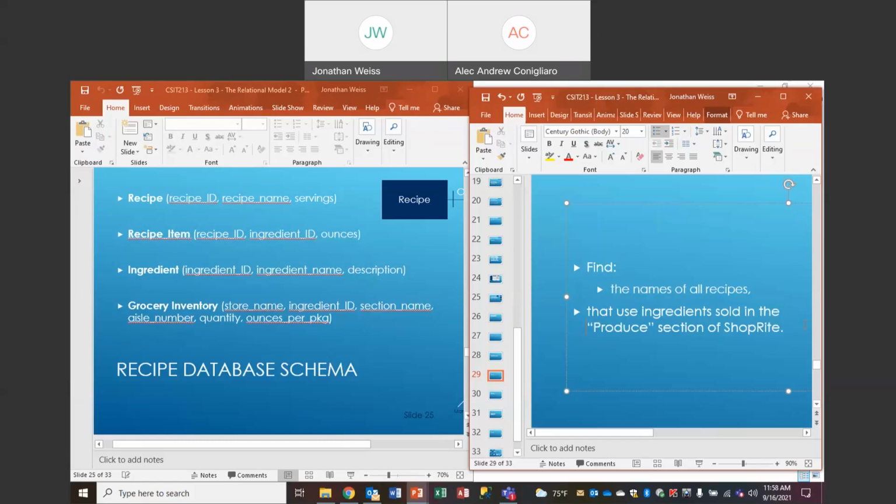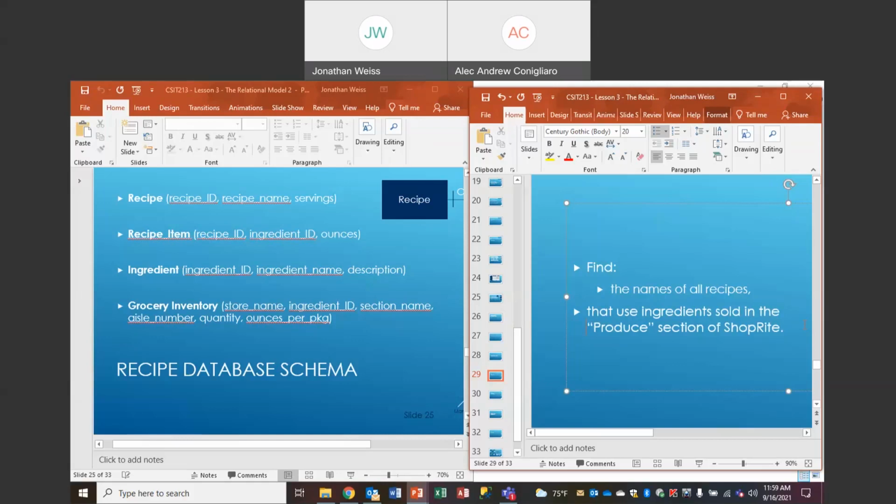A better way to think about this is what primary and foreign key relate recipe item and ingredient. Yeah, that's right. So it would be recipe item dot ingredient ID equals ingredient dot ingredient ID. And lastly,